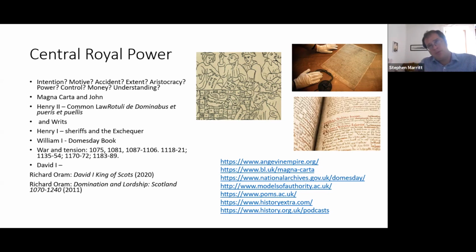What he does is pull together the way that historians in Scotland have been doing what historians in England have been doing. They've been trying to work out how much we really believe these ideas that these kings are revolutionaries who come up with entirely new ideas. Are there other ways, when we go back to the evidence, to explain how things develop? Often it is accidents, not intention. Often it's about money. Often they don't quite understand what it is they're doing. They don't have the conception of it that we have.